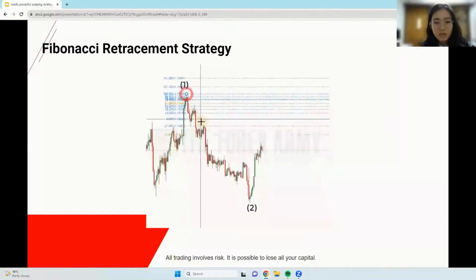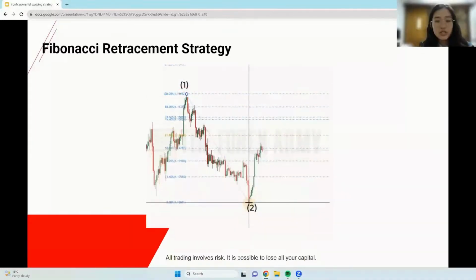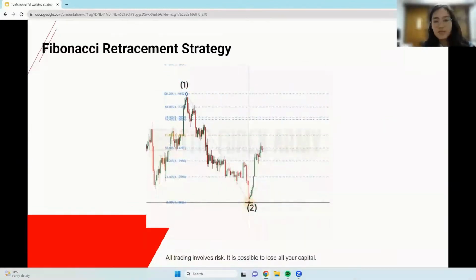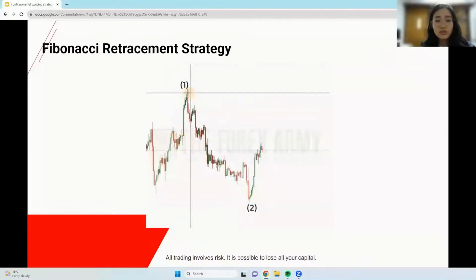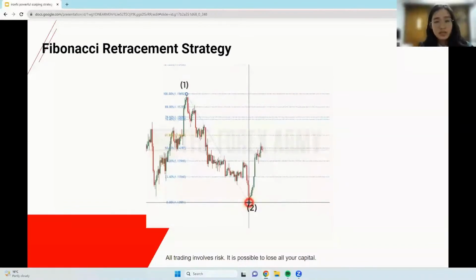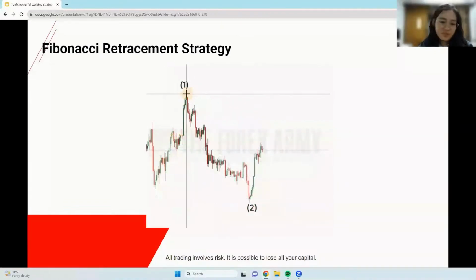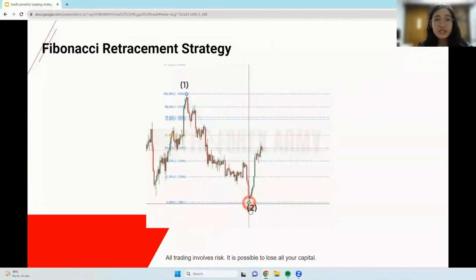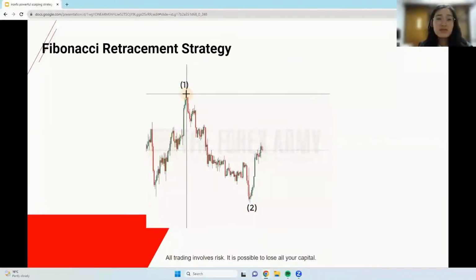Okay. Next is our strategy. So the tool we're using here is Fibonacci retracement, which you can get from the same tool that's on TradingView as well as MT4. So for the percentages that we use for retracement, we use